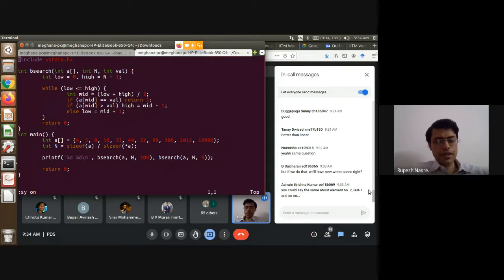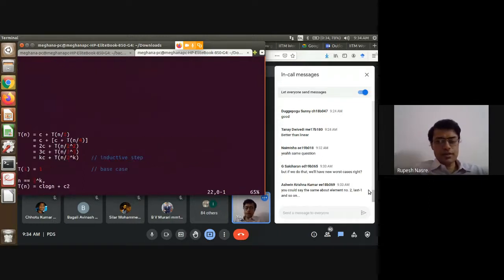So these are important observations. As soon as you search for these extra elements, one thing is that you can always find a new element which is going to require that many searches, meaning order log n. That is one, as Saicharan and Ashwin Krishna have suggested. But there is another part to it. The second part is that now you are increasing the C that we had written here, right? So this C